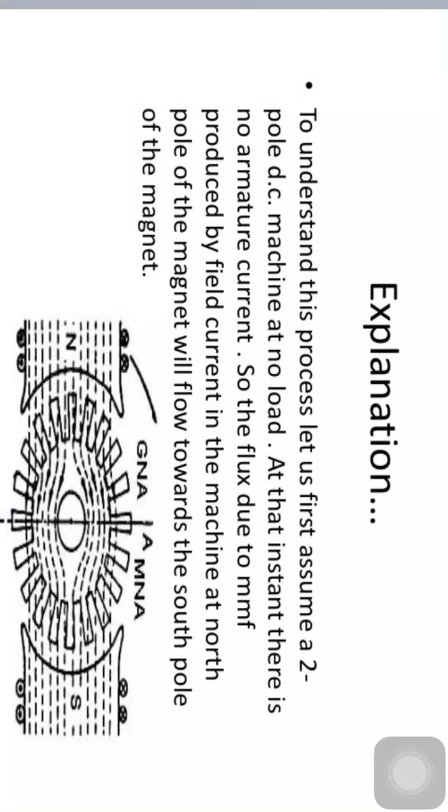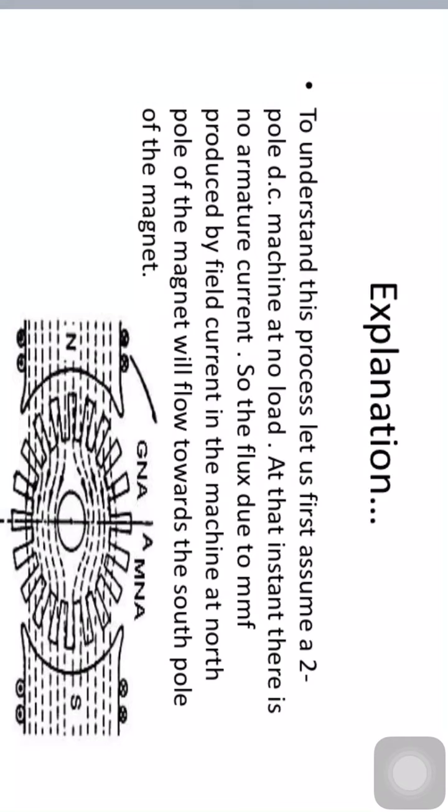Now, when the machine is loaded, the armature flux is directed along the interpolar axis, that is the axis between the magnetic poles, and is triangular in wave shape. This results in an armature flux directed along the brush axis and causes cross magnetization of the main field. This cross magnetization results in the concentration of flux at the trailing pole tip in generator action and at the leading pole tip in motor action. What is a trailing pole tip and what is a leading pole tip? In the later classes we will discuss. Okay.